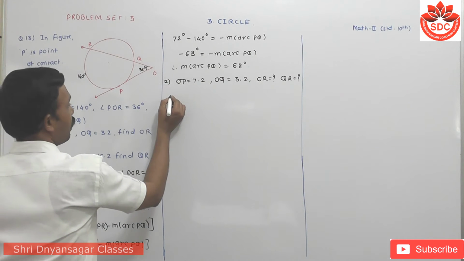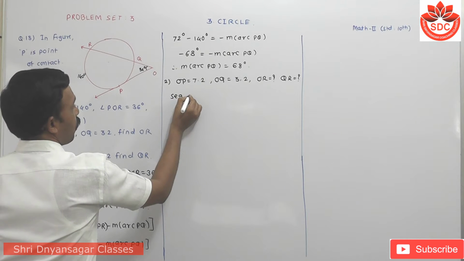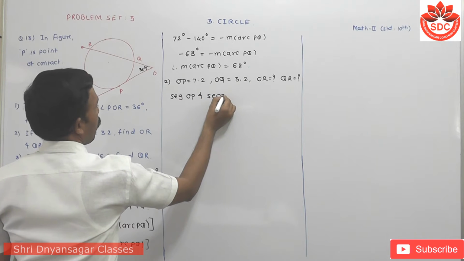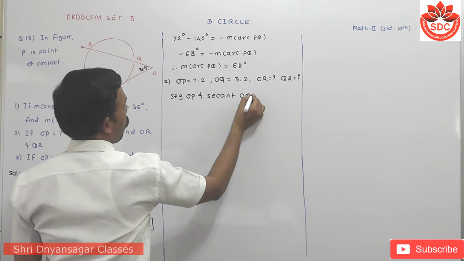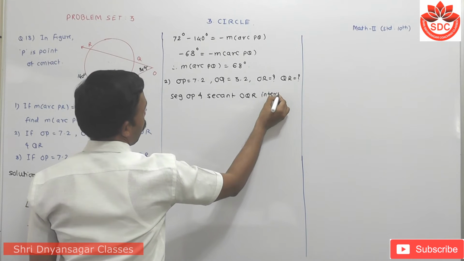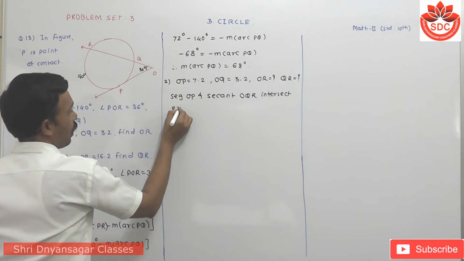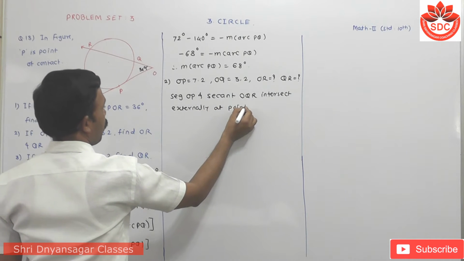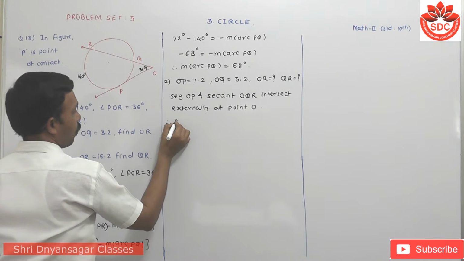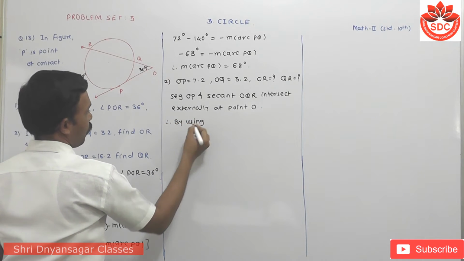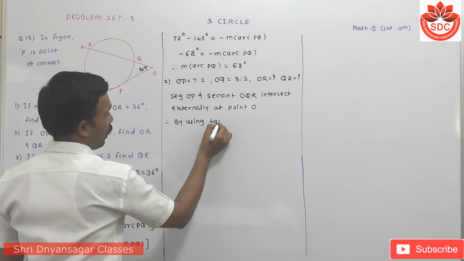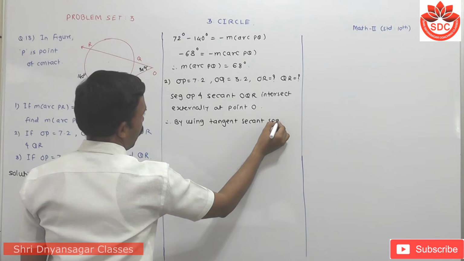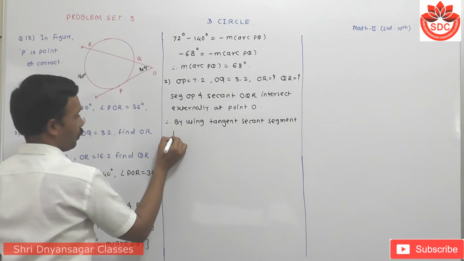Now here I have to write: tangent segment OP and secant OQR intersect externally at point O. Therefore, by using the tangent secant segment theorem,